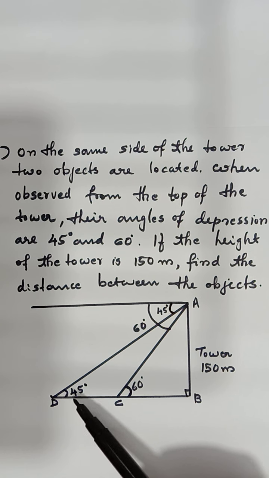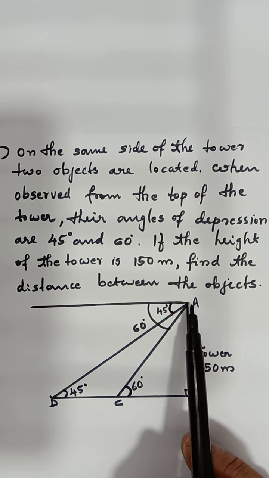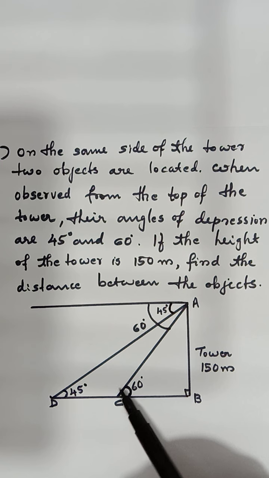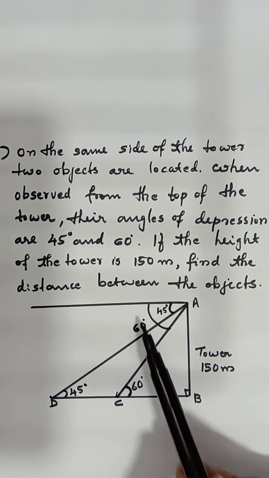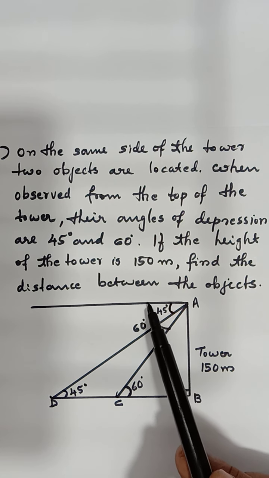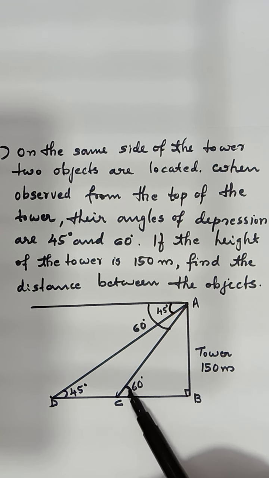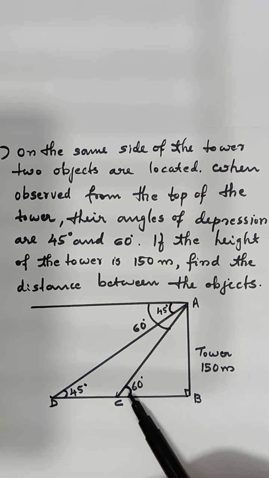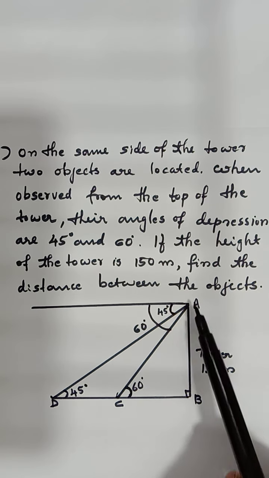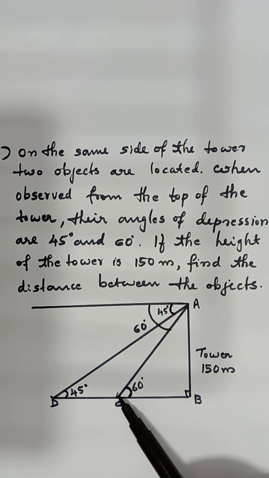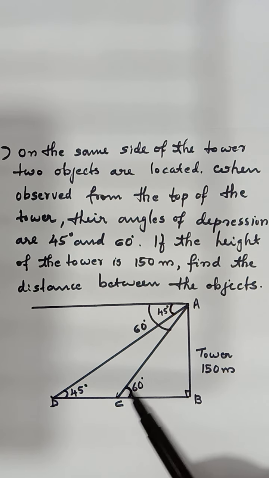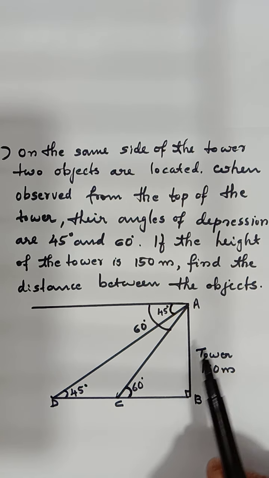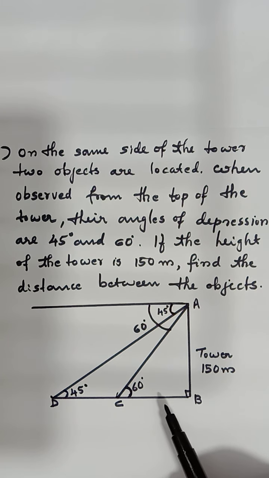They are equal. Similarly from the point A, we are looking down to the object at the point C. So angle of depression is found 60 degree. As we are marking 60 degree, we can mark it on the other side also as alternate interior angles are equal. Here we consider these two lines parallel and AC as the transversal. So these markings are very important in the figure. Figure and markings are compulsory. Now let us move on to answer.